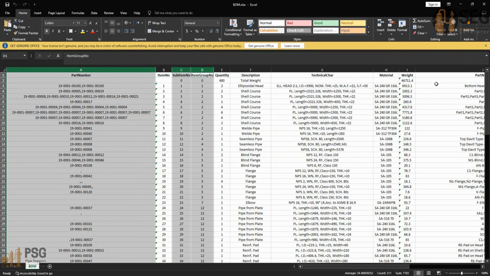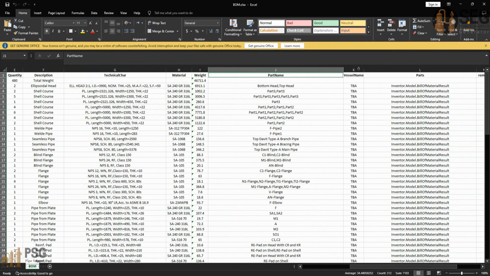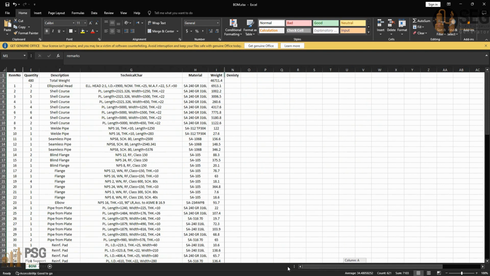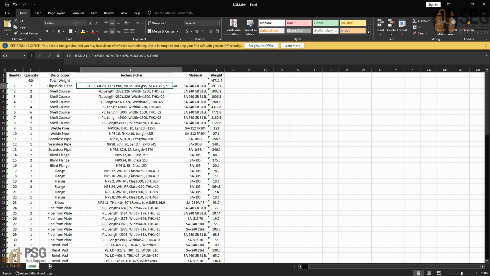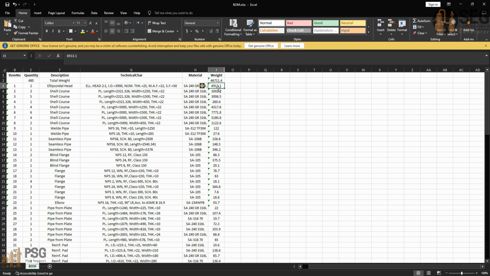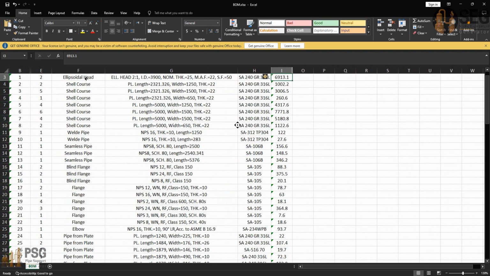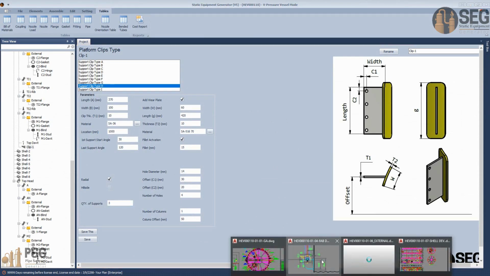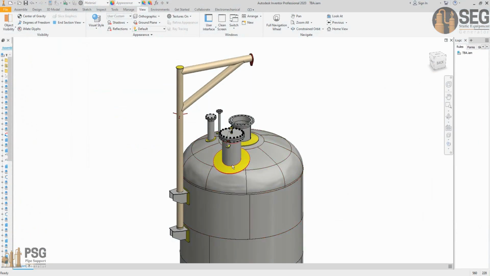So let's select those columns and hide them. So we can hide that. And here we have the bill of material of our project. Here the item number, here the quantity, and here the description of the item and the technical characteristics of each item and the material of the item and the weight of each item. Okay. I hope in this tutorial we covered the 3D modeling for this equipment, and inshallah on the next tutorials